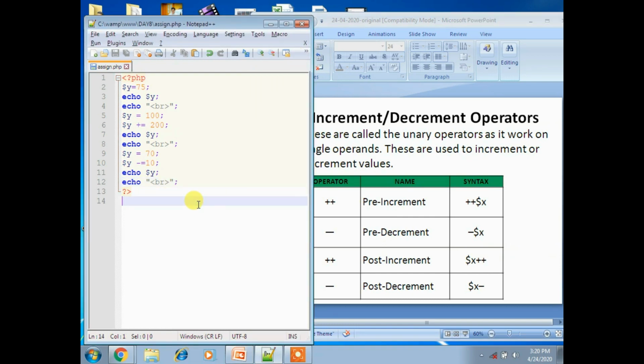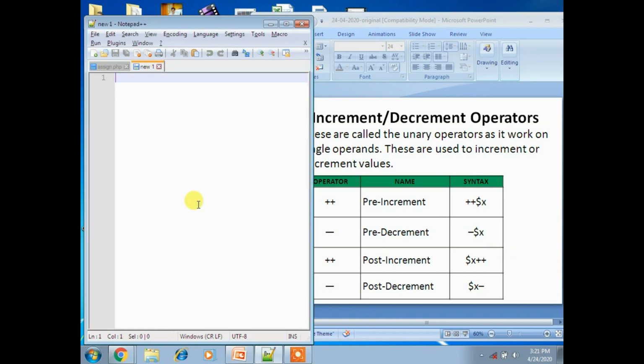I am taking a new notepad. Now for the execution part, I'll take one variable. Before that I have to start my PHP, right?